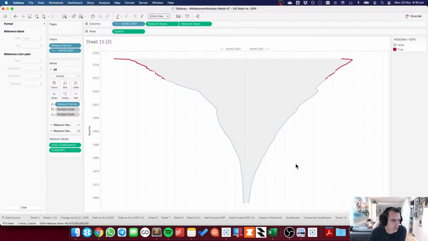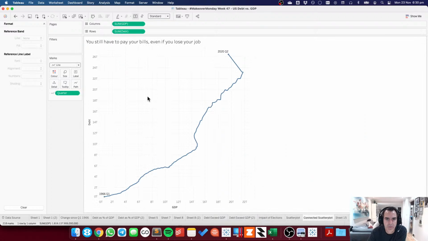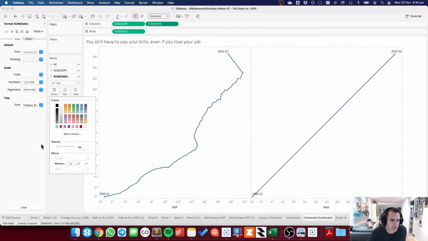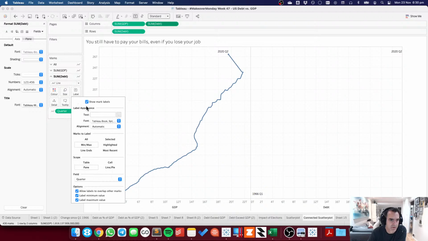Okay. Yeah, so like the look of the scatter plot. So we got both. I think if I go back to the connected scatter plot, one thing I could do is if I duplicate the debt onto the column shelf, you'll see I just get this continuously straight line. Let me just turn it off and turn off the labels on that one.